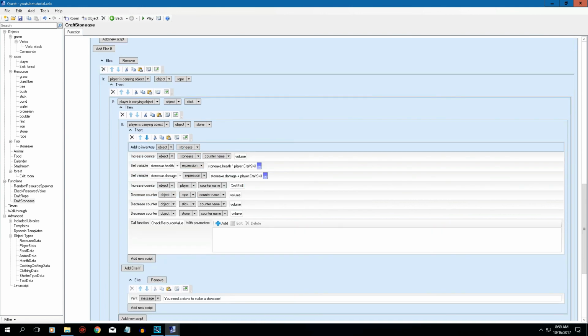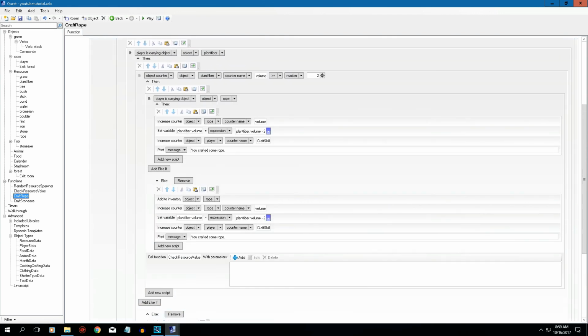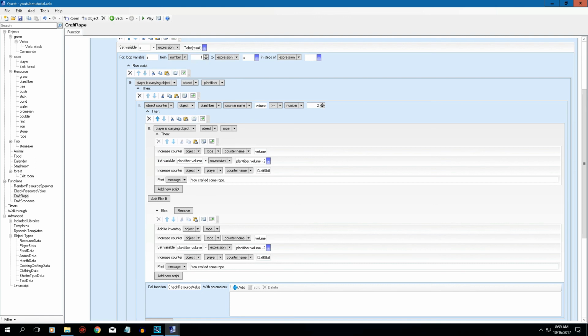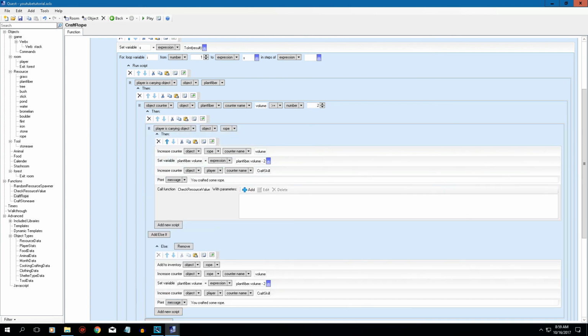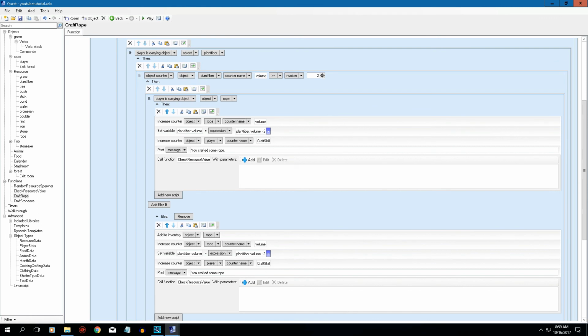One thing before we try to test anything out, let's go back to craft rope, and we're going to change what we call this function, this craft resource value. We're going to go up, we're going to cut it, and then I'm going to paste it on both of these at the bottom. Okay, because we want to make sure that runs right after it does the increasing,